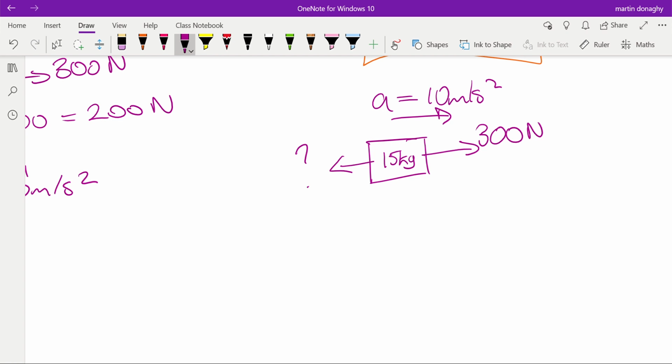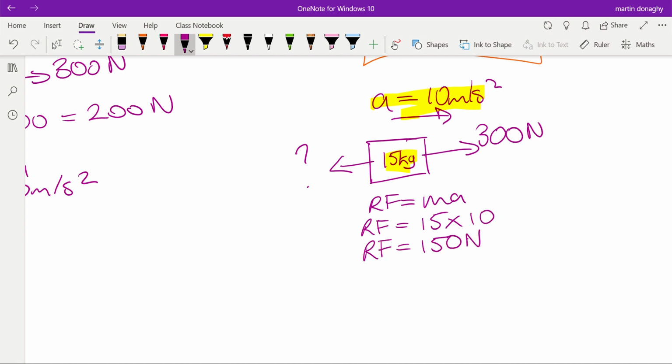Well, if we've got a mass and an acceleration, you should be thinking I can use Newton's second law to work out the resultant force. So RF equals ma, RF equals 15 times 10, the resultant force is 150 newtons. Okay? But that's not our answer, because we need to find out what this backwards one is,